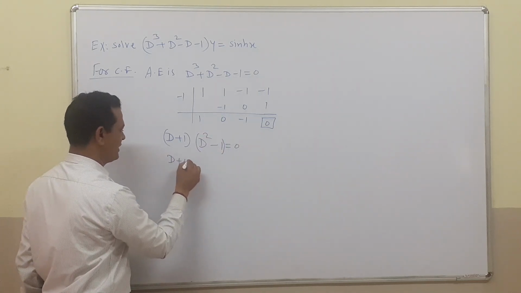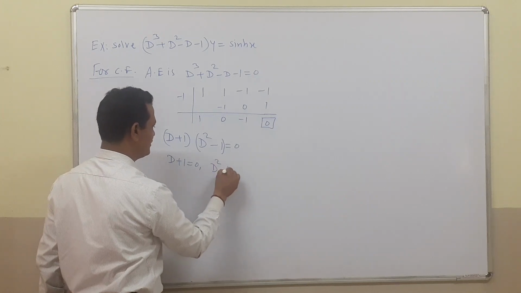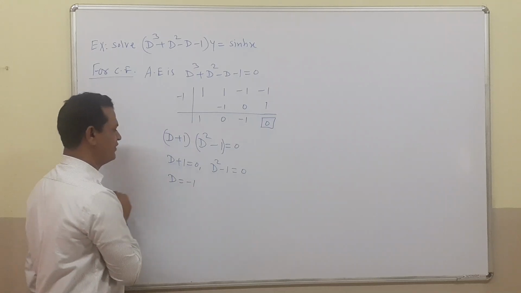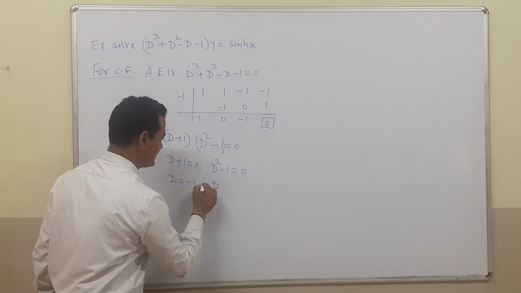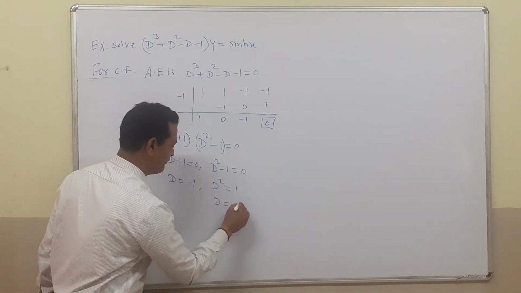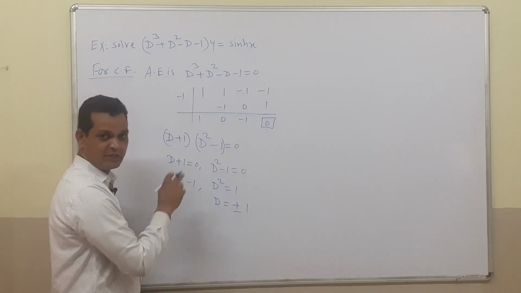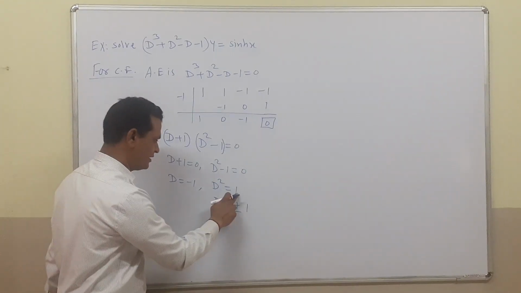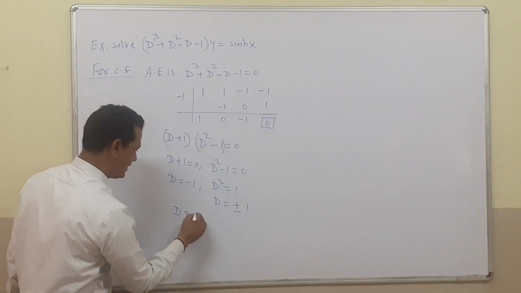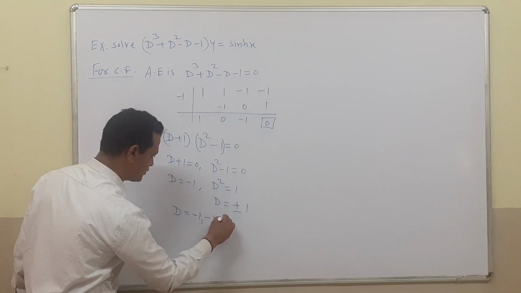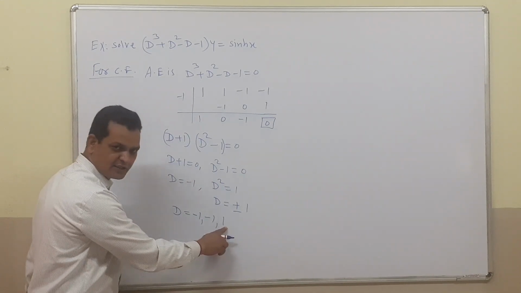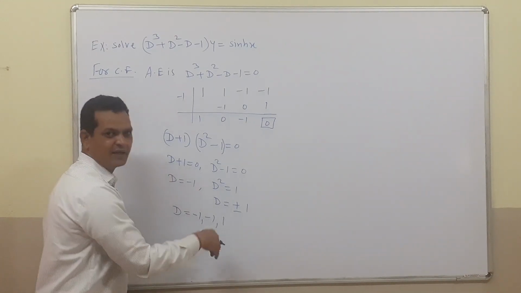So the product of two numbers is 0, so either one of them must be 0. According to this property, these two terms are 0. From the first equation we get the value of d as minus 1. And from the second equation, d square is equal to 1. If we take the root, then we get plus minus 1. This is a real number, not a complex number. So now we get the roots of this equation as minus 1, minus 1, and 1. The first two roots are repeated, and this is the next different root, but these are real roots.